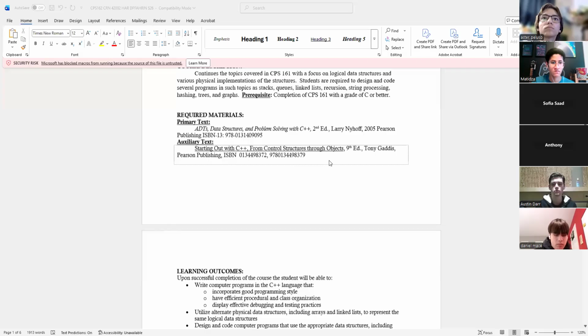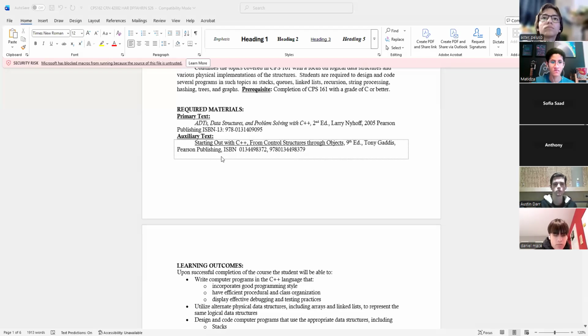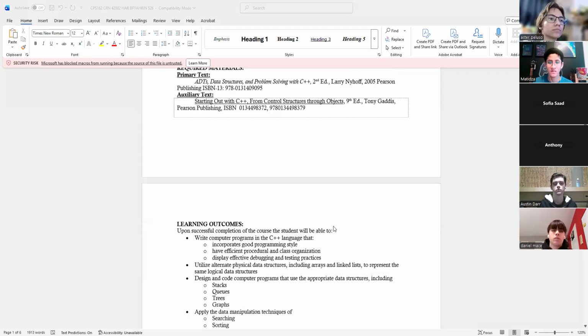So those are the two books that are required. The first one you already have from before. We were looking at the syllabus, right? We were on here. Okay, so that's the two textbooks. Like I said, that second one, the Larry Nyhoff book, you might find it as a PDF or really cheap online somewhere, but it's a good technical book, which is what you folks should start getting ready to work on, paralleling working with the Gaddis book.